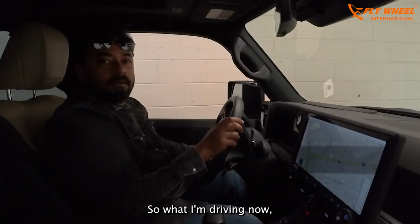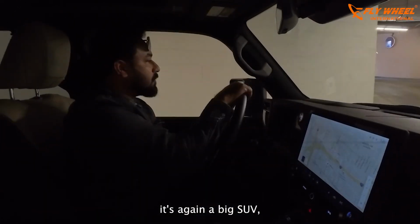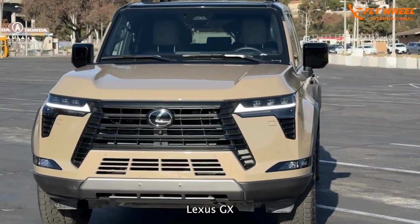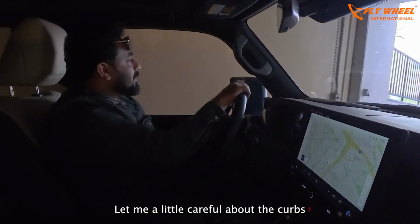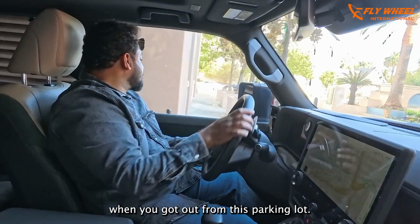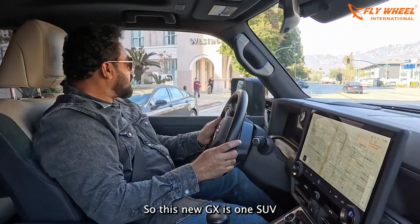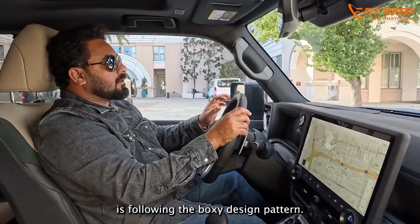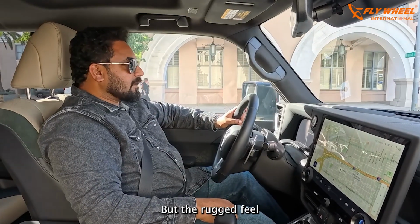So what I'm driving now is again a big SUV, the Lexus GX. When you have this kind of big vehicle, you have to be a little careful about the curves when you get out of this parking lot. So this new GX is one SUV which again is following the boxy design pattern with a rugged feel,